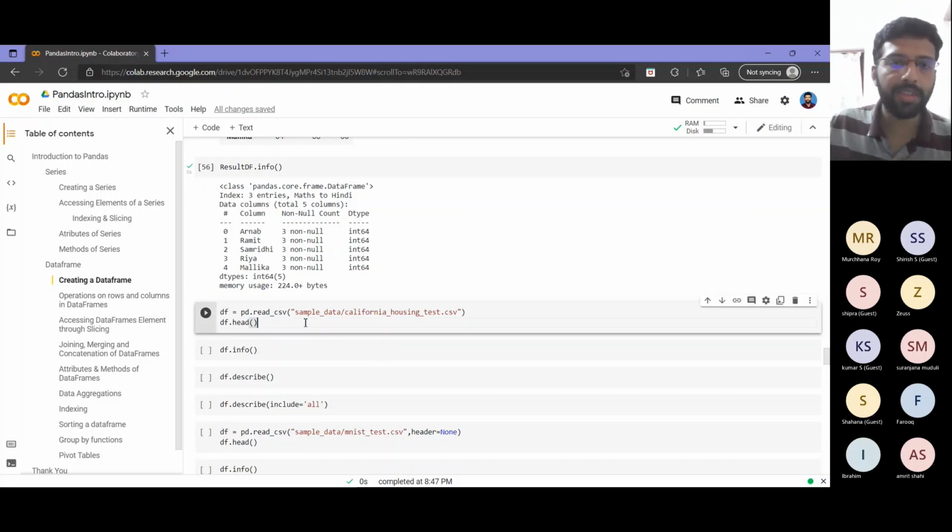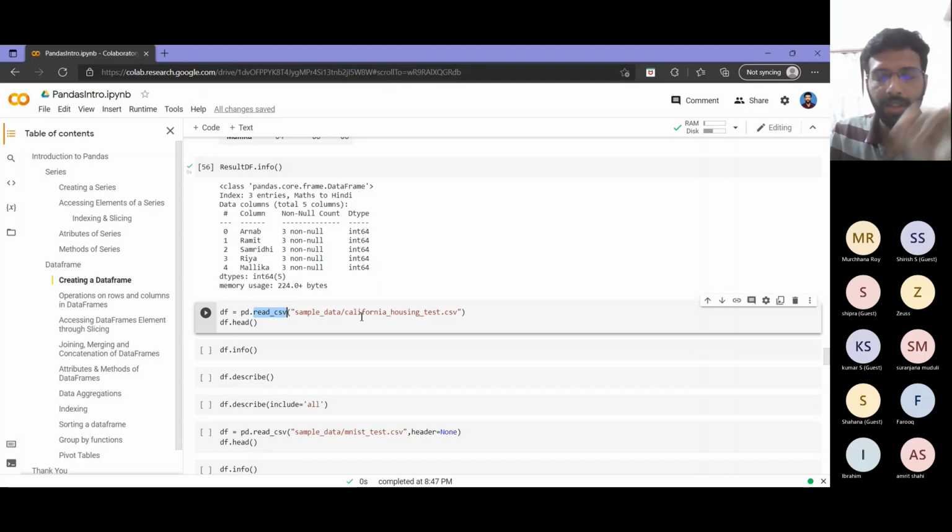So this much is from our exam point of view, or for when you are trying to experiment. The next thing is what you will actually be doing when you go to a production system, or when you need to implement a machine learning algorithm. This read CSV is how you will make your data frame. You have to pass it the location or the name of the CSV file, a comma separated values file. That will tell you the values corresponding to whatever data you are looking at. You can just look up CSV on Google, and it will tell you the format.